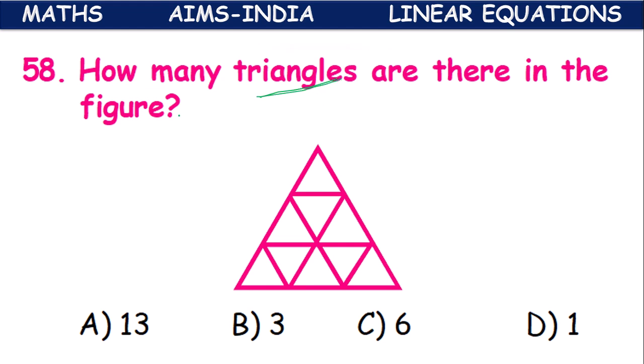So how many triangles are there in the figure? Triangles. 1, 2, 3, 4, 5, 6, 7, 8, 9. Individually 9, children. After 9, we can count the bigger one, which is 10. So next, after 10,